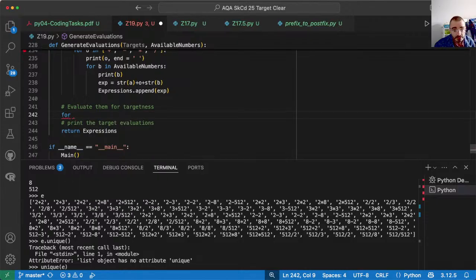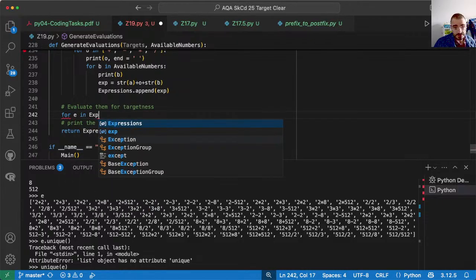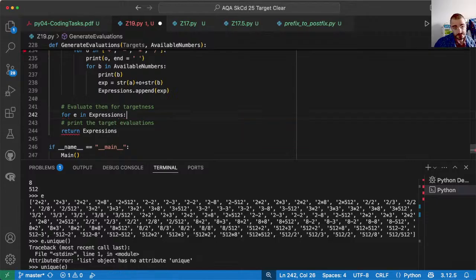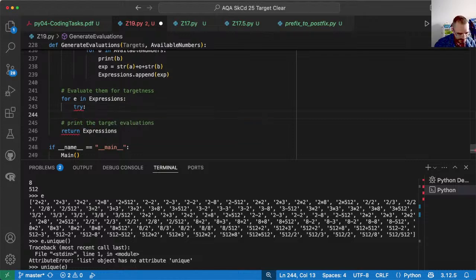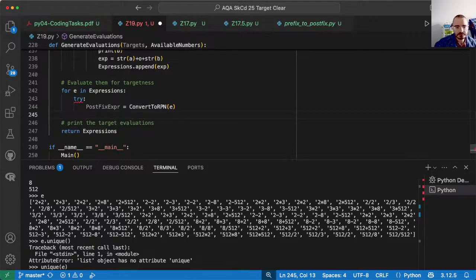So now for E in expressions, colon, try. Yeah, we're going to try to say postfix, x, convert to RPN E, and